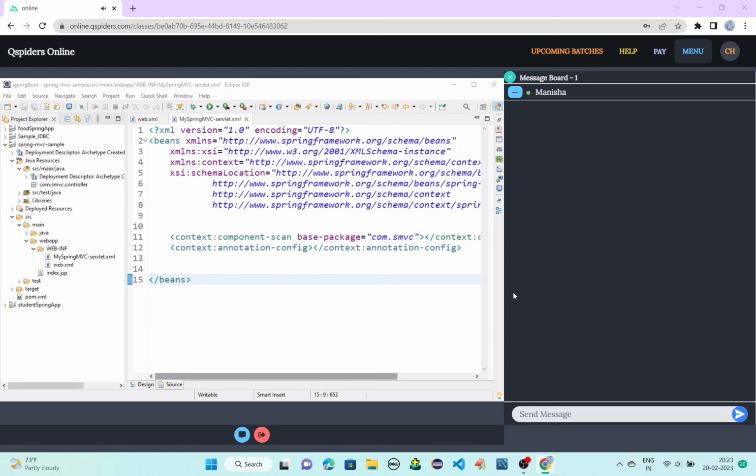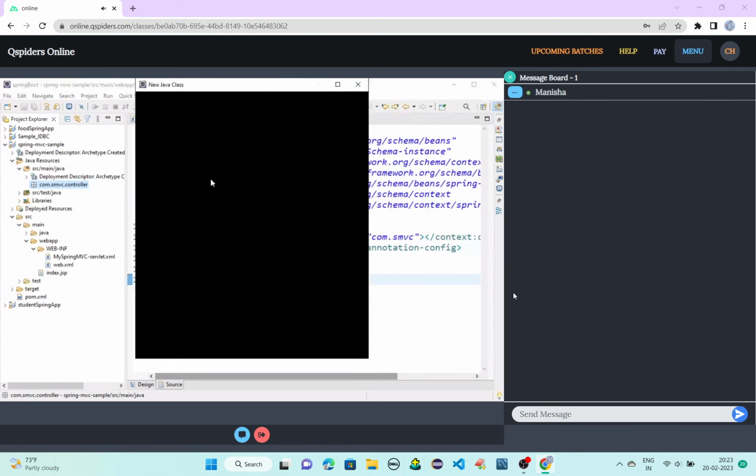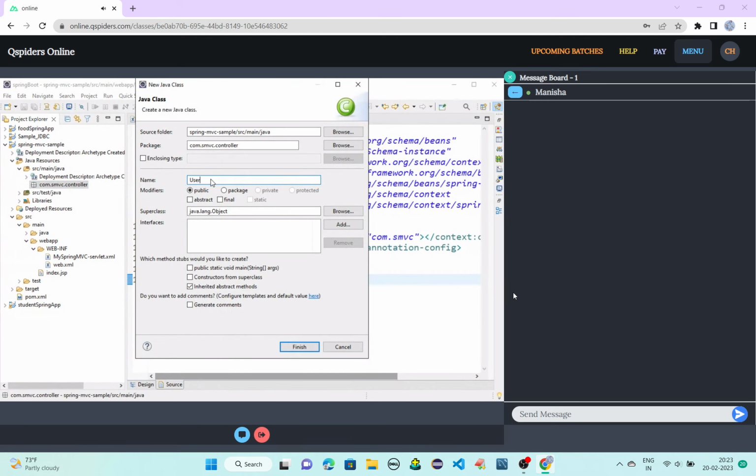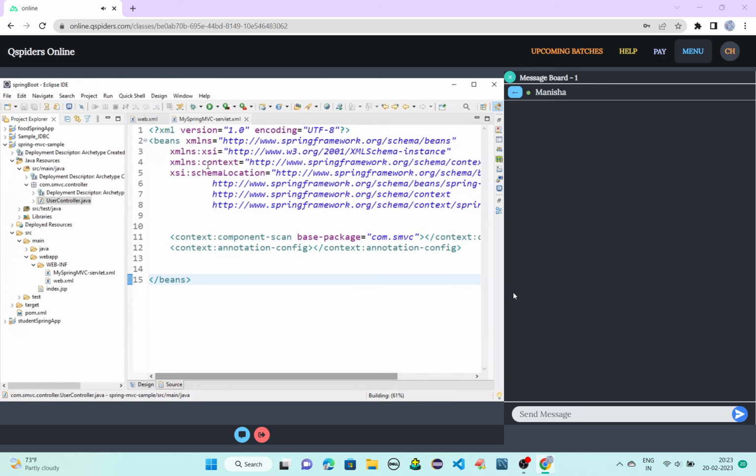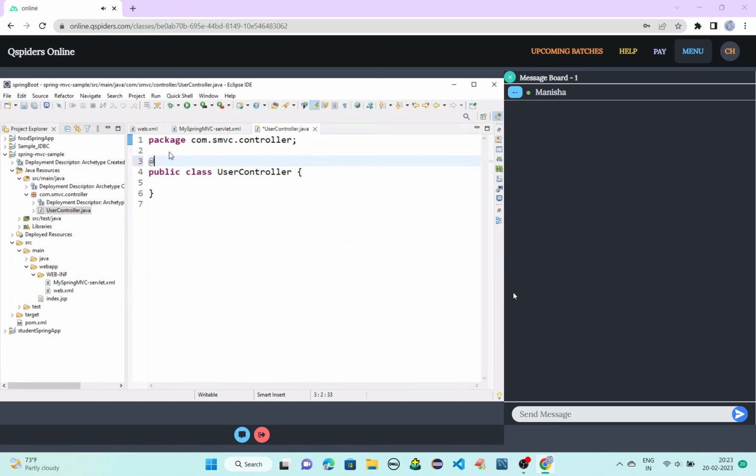So now I will create one user controller. In the same package, I'll create a class, UserController, and I will annotate it with controller.